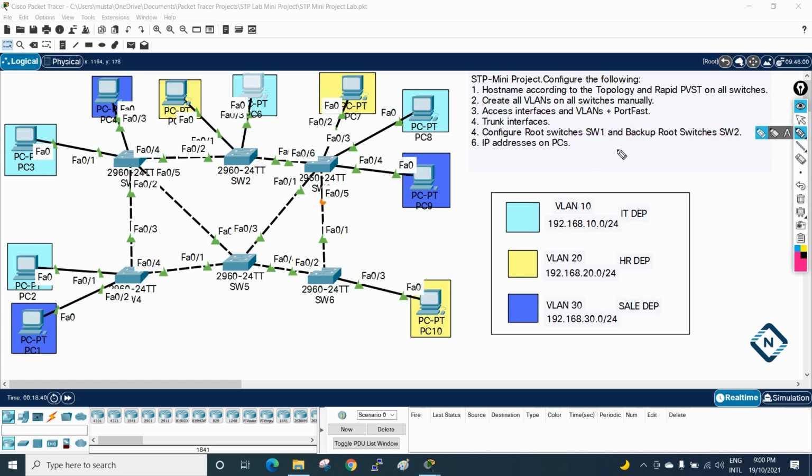So take the assignment, configure this one for switch 3, switch 4, 5 and 6. If you face an issue, no problem, WhatsApp us, we are going to support you. Okay, we configured switch 1, we configured switch 2. You need to do the same thing in switch 3, switch 4 and switch 5, switch 6. Try to do this one. If you face any issue, let me know. Okay, no issue. If you face any problem, we will come live, we will show you how to do it, no problem. The concept is important. Try to learn the concept and implement that one.